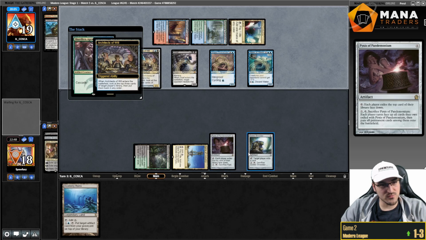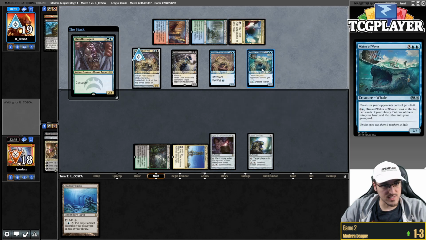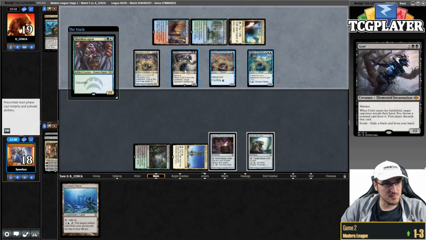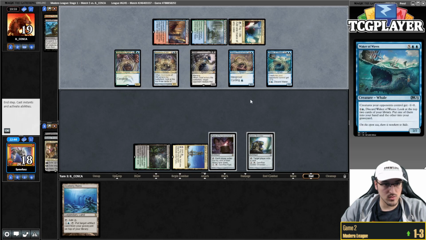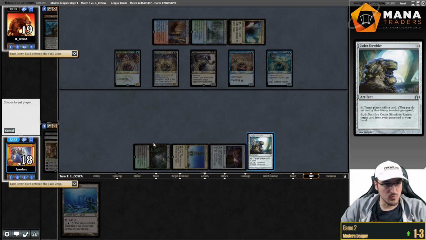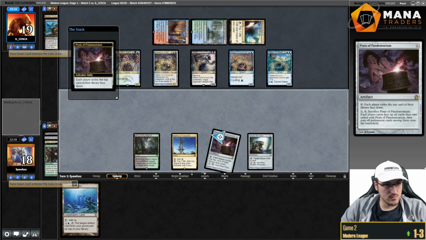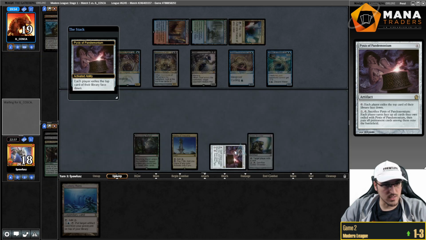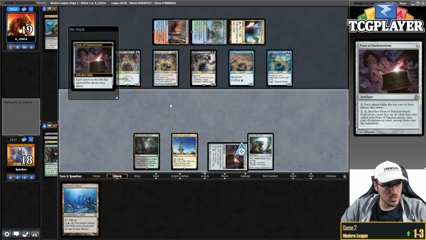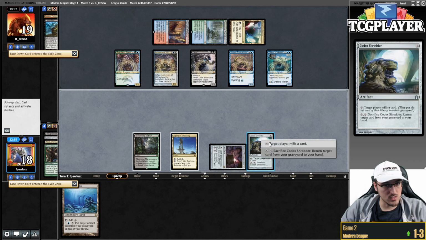I'm probably just gonna activate all of these, because this is lethal, right? 7, that's 12, 15, 8. Yeah, this is lethal. So I'm just gonna mill everything. And so this clears the top of my deck, just activating all 3 things. And now I'm gonna hope that the top of my deck is...